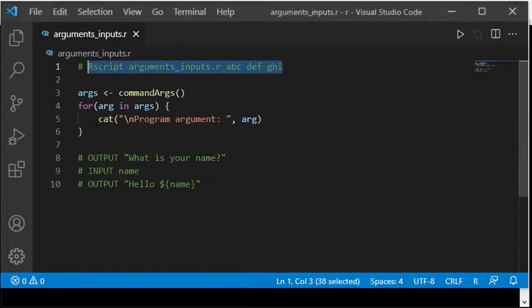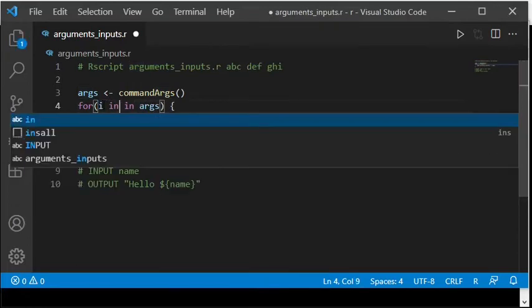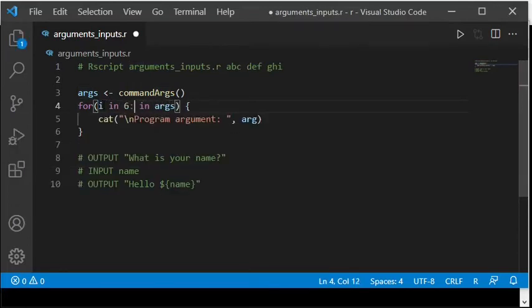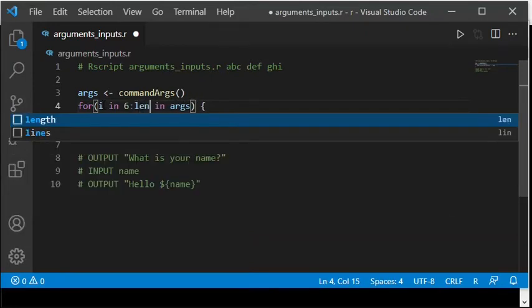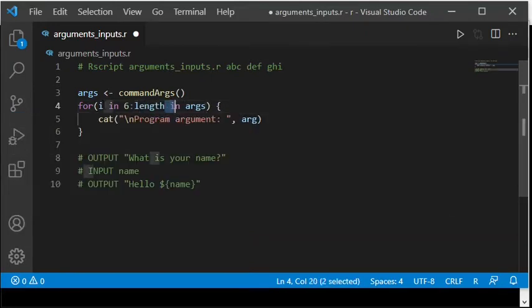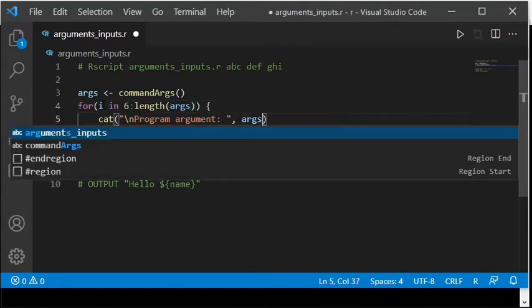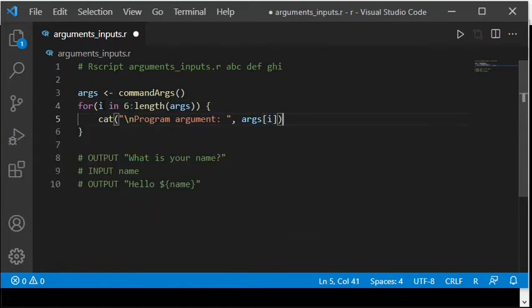Therefore, I will now change the source code so that the loop will instead iterate over the vector index from index 6 until the upper limit of the vector, which you can get by calling the function length with the vector variable args as an argument. Inside the loop, I change to use args and the index variable i within square brackets.